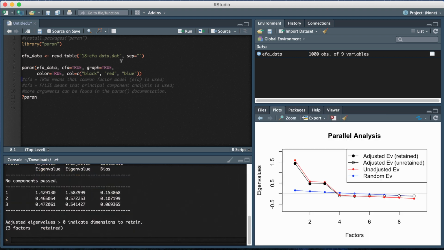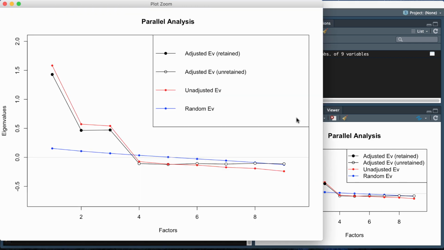So finally, let's go ahead and run the function. So when the function runs, because I said graph is equal to true, it's going to print this plot. So if I look at this plot, the blue line based on my code is for the sample parallel data. So this is the random eigenvalues that are generated from the parallel analysis. And then you have adjusted and unadjusted from your eigenvalues from your sample data. We want to look at the adjusted because the adjusted adjusts for finite samples, which you'll probably have for your sample data. It's unlikely that it's going to be infinite.